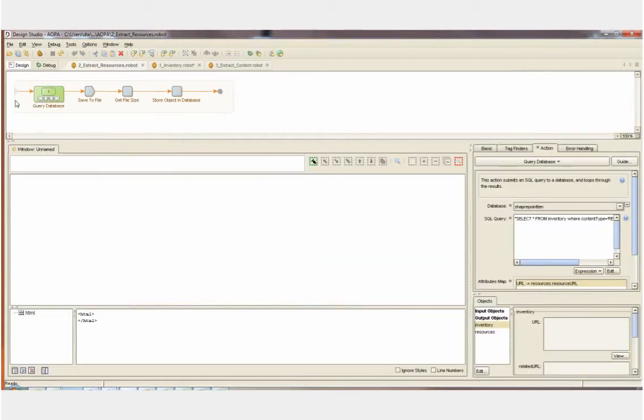This is the first of two extraction robots. This one's fairly simple. There's no visual component. We're simply going to query the inventory database that we just created and find all of the URLs for the resource files, such as the PDF files, JPEGs, etc. We're going to save all of those files to the local hard drive and then store the location in the